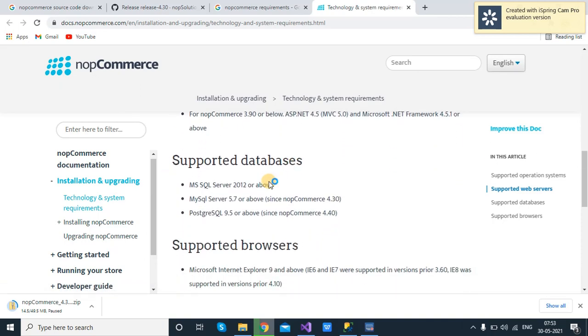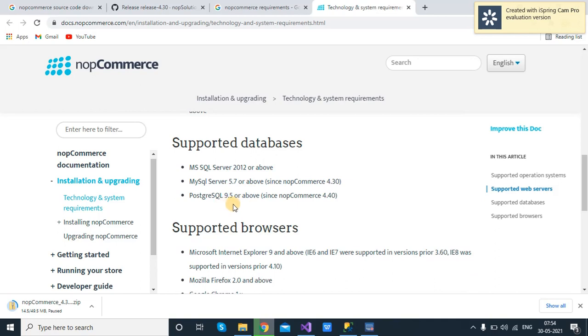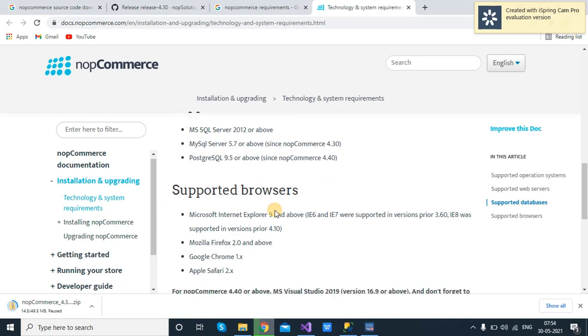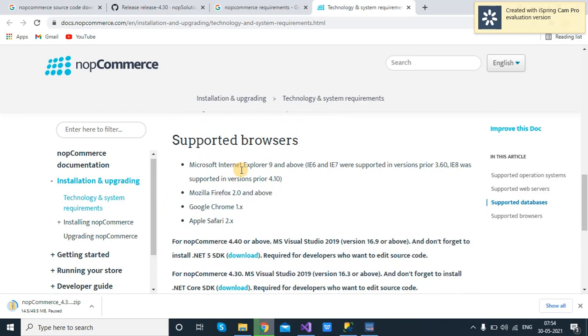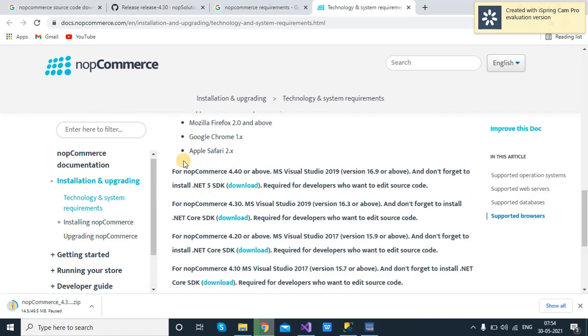Then for the supported database, it shows MS SQL Server 2012 and above, MySQL Server 5.7, and PostgreSQL 9.5 or above. Previously only the MS SQL option was there, but with the release of 4.30 it also allows PostgreSQL. For supported browsers, Microsoft Internet Explorer 9 and above, Mozilla, Google Chrome, Apple Safari, and mostly everything is supported.